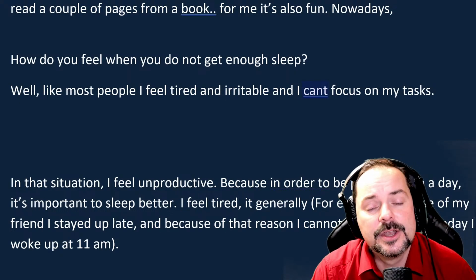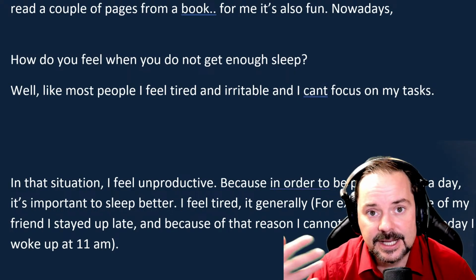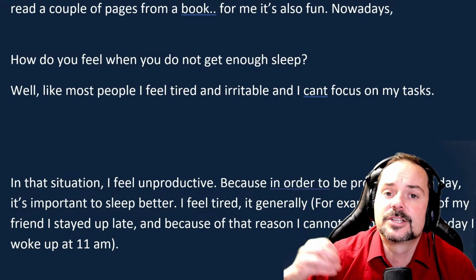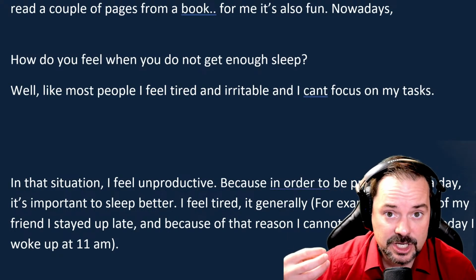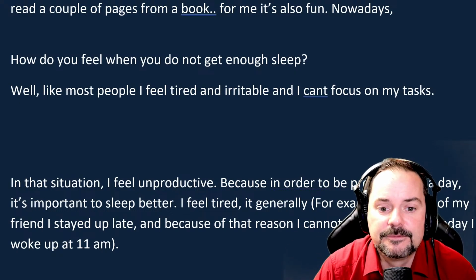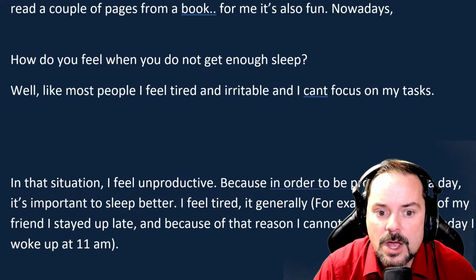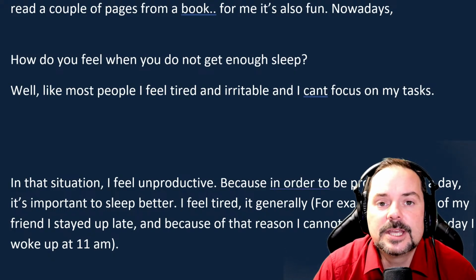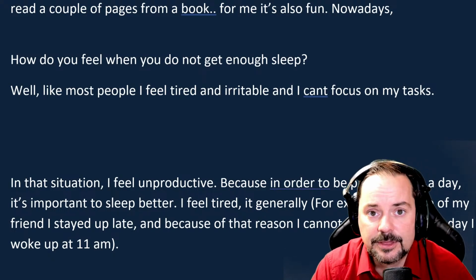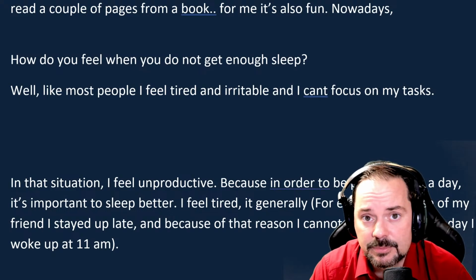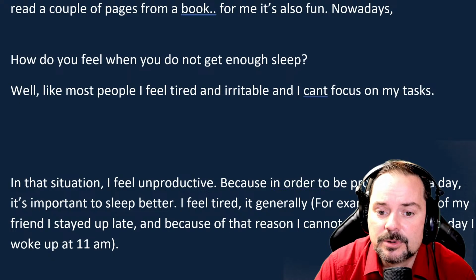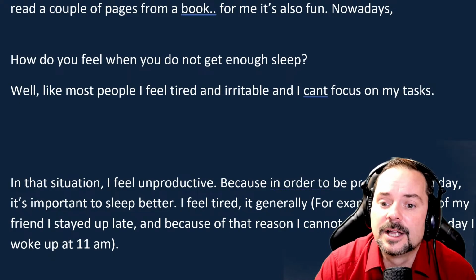Another way that you can avoid this getting stuck situation is, as soon as you feel like you're stuck, especially if you've given me an explanation like you did, give me an example. Okay, so you said, well, like most people... Yes, I was thinking about that, yeah. Okay, so, well, like, and just keep them simple. This is for everybody. I heard a couple examples today that were, I think, too much. You don't need examples that are really long, just simple. So, well, like most people, I feel tired and irritable and I can't focus on my tasks.